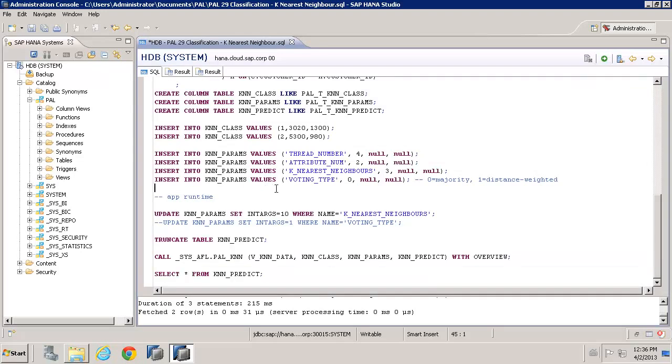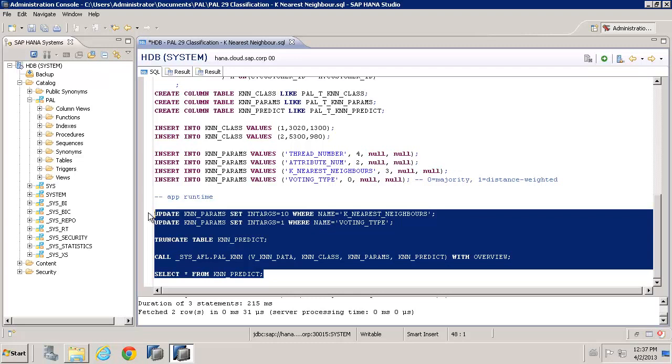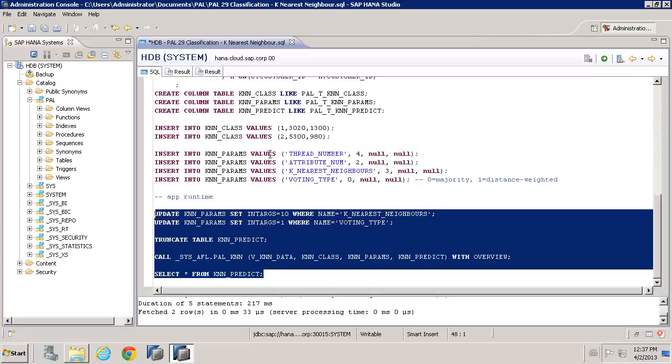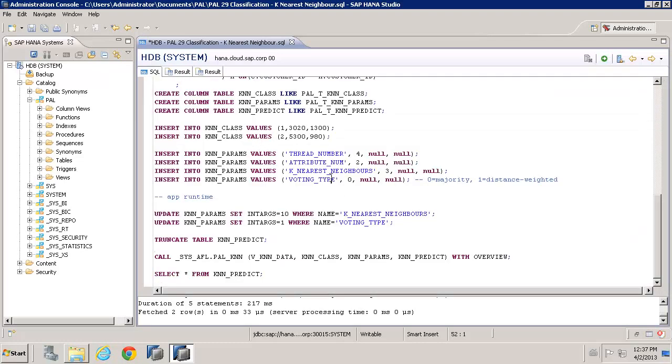However, it might be that we want to also change the voting type. Instead of saying the majority, just counting the number of neighbours, looking at the actual distances as well and bringing that into account. So we could update the parameters here to set the value for voting type to 1. Again, more information on that as always in the manual. Let's update that and let's run the algorithm again. And this time we see actually it's taken the same classification data, but it's decided this time it would be more appropriate to predict female, so 0 value for gender,